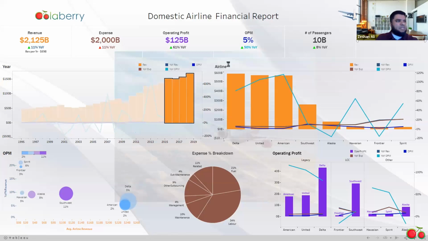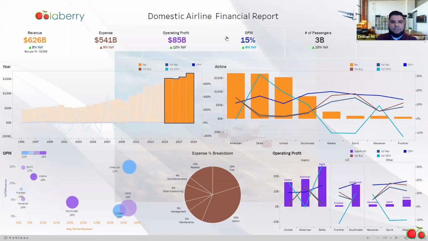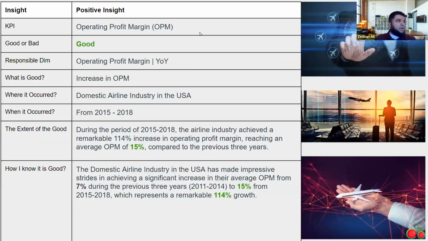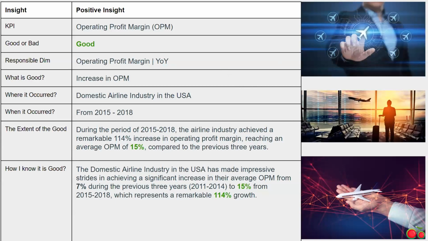So to do that, we can easily drag and drop and take note of this 15% OPM. Now, that positive insight that we see is going to be from 2015 to 2018. There was an increase of 114% in the OPM. How do I know this is actually good? Well, in